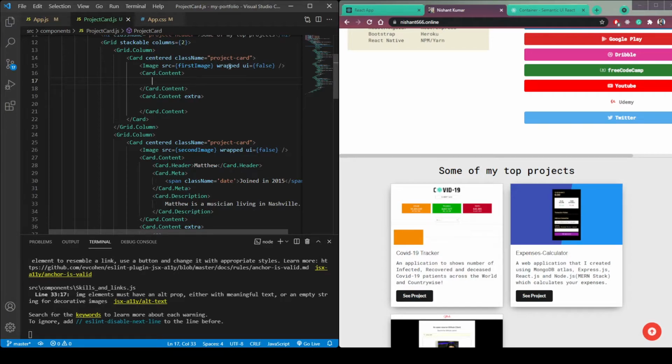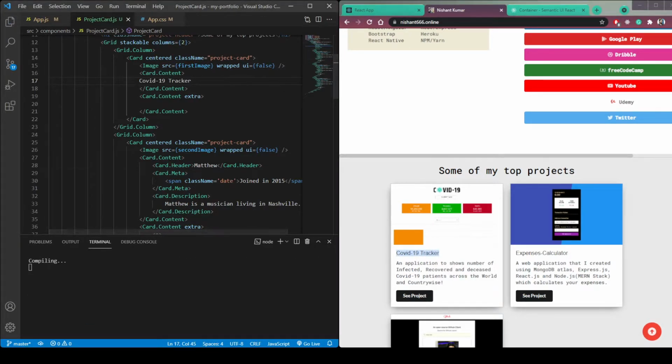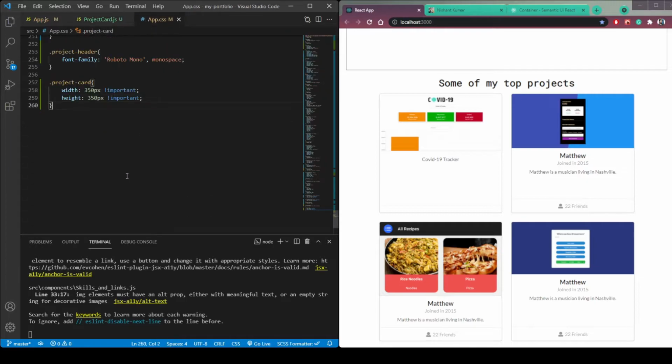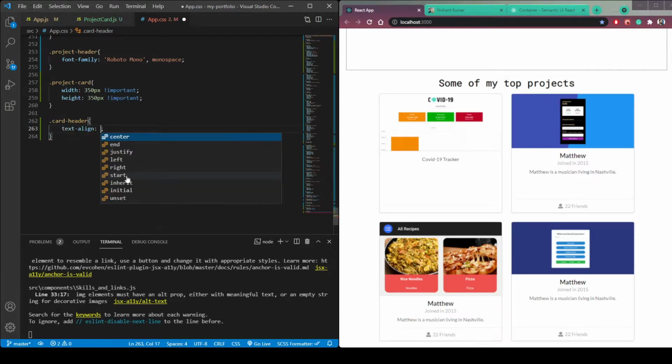Or we can just use this text here, paste it. You can see it is here, but we need to align it on the left. So give it a style or class name of card header. Save it. Copy this class name card header, and in the app.css, card header text align left.